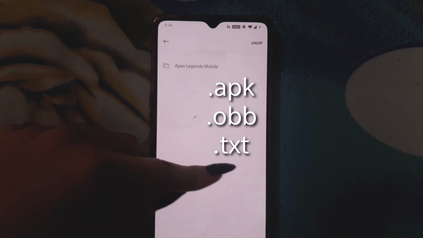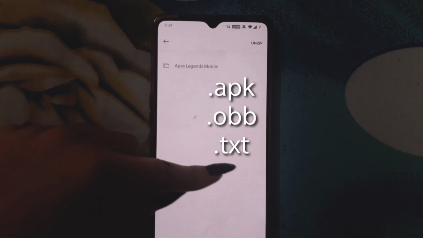So step 3, we go back to the file manager on our Android device and we look for the Android folder in it. Mine is here, Android. We click on the Android. We find a folder called OBB. Mine is right here. We go to OBB. We create a new folder here. Make sure, this is very important. We need to name this folder. I will give you the name of the folder in the description as step 3. I'll also give it in the comments so that you can directly copy paste from the browser.